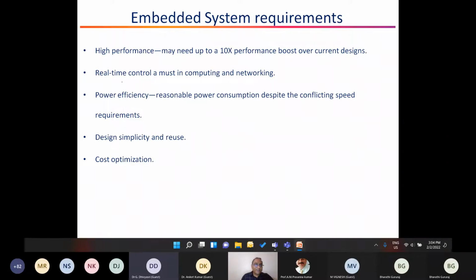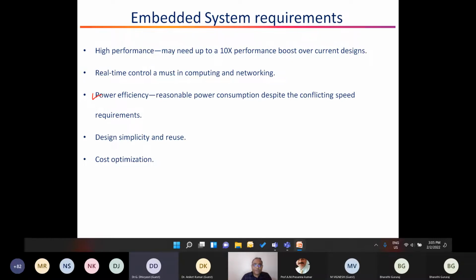And one necessary requirement is that every system should be able to support real-time information processing. That is the prime importance in Industry 4. Also, there are so many devices connected, and definitely the power consumption is always going to be a challenge. So in that case, we need to build a system that is always power efficient.